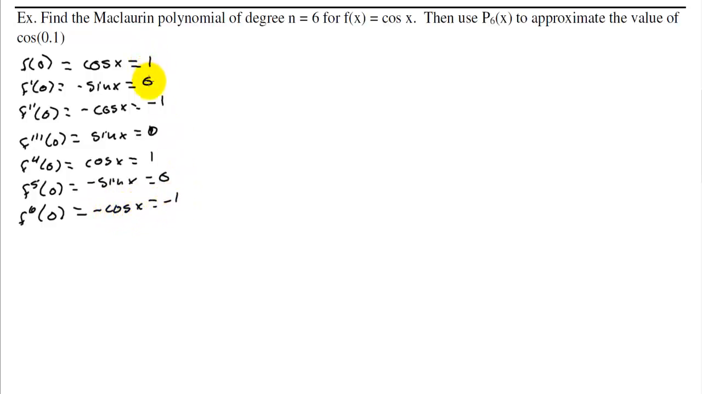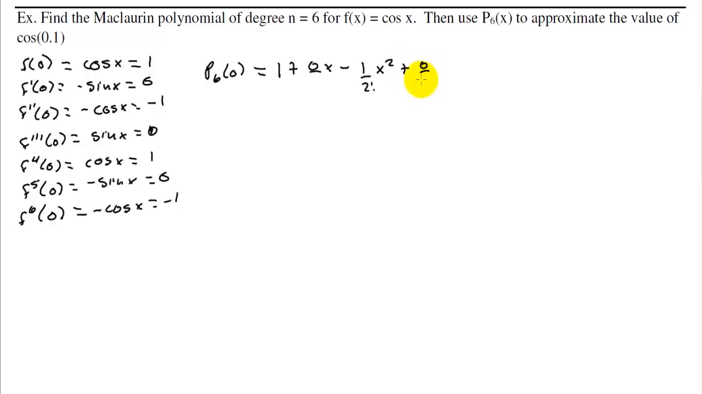And notice the pattern goes 1, 0, negative 1, 0, 1, 0, negative 1. So when we write the polynomial p sub 6 centered at 0, first of all, we have 1. And then we have plus 0 over 1 factorial times x, and then we'll have minus 1 over 2 factorial times x squared,